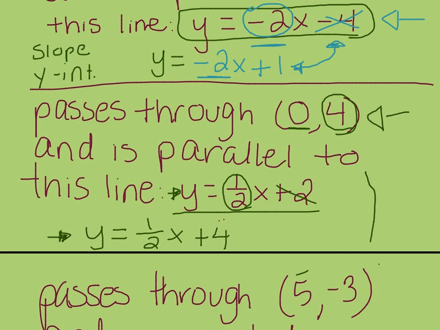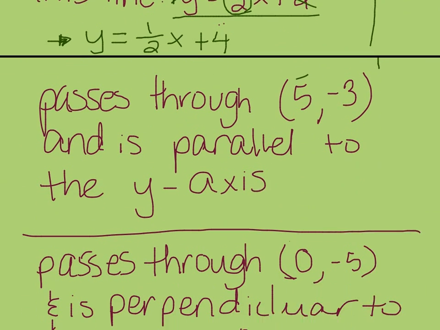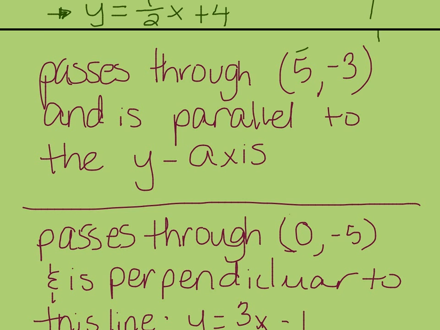Let's look at another one. And this time it passes through 5, negative 3, and is parallel to the y-axis. So if it is parallel to the y-axis, then that means, remember, on a coordinate plane, the y-axis is the vertical one, right? So if it's parallel to this line, then our new line is going to be vertical,